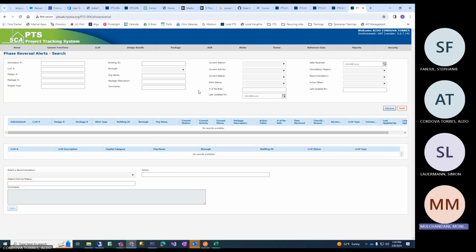So what happens is there's a certain status, bid and award inbox and bid and award execution, when a solicitation can be cancelled. That is, solicitation is related to a contract. So when they're canceling the contract in a way, they cancel the solicitation, they get a drop down which asks for the reason of cancellation. And there are certain reasons, 4 or 5 commonly defined, for which the solicitation gets cancelled, and depending on what the user picks when they cancel the solicitation, the resulting status in PTS is updated. Means there's a mapping of the reason for cancellation of solicitation to the resulting status once that reason is picked.